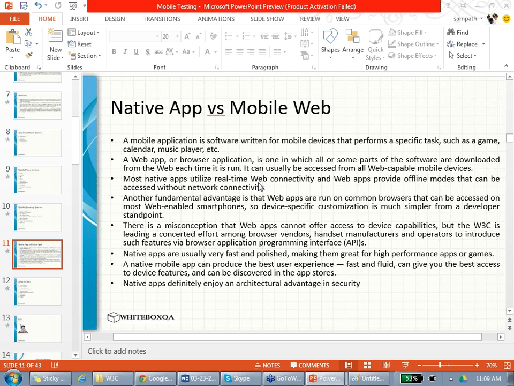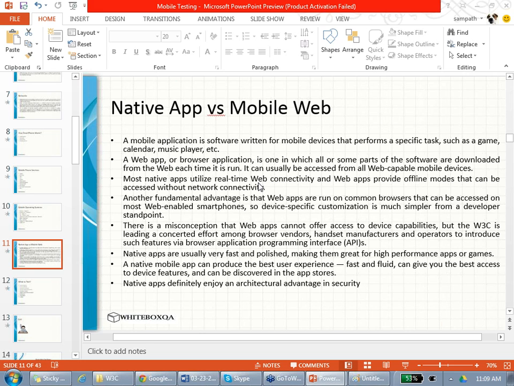But the beauty is, developers don't have to build a mobile web application separately for Android, iPhone and everything. They build it for the Chrome browser, for the Firefox browser, for Safari. And most browsers are the same. They don't have to build it for a specific browser. If you make a mobile web application, it is the same for all the phones.